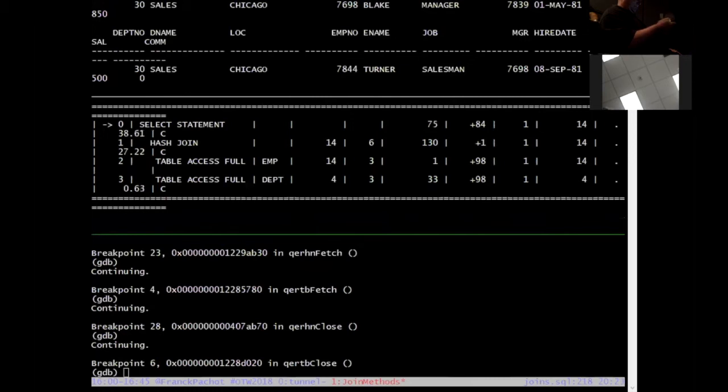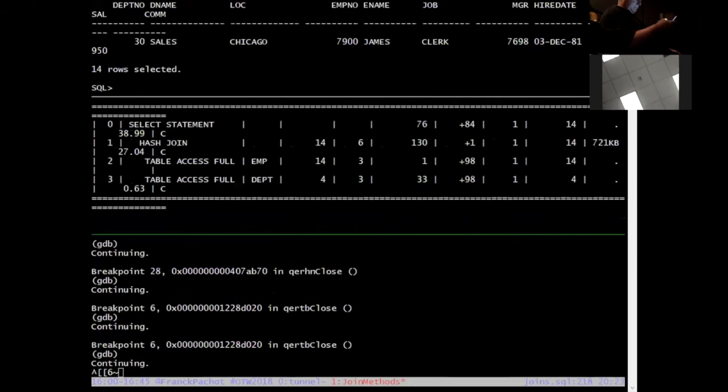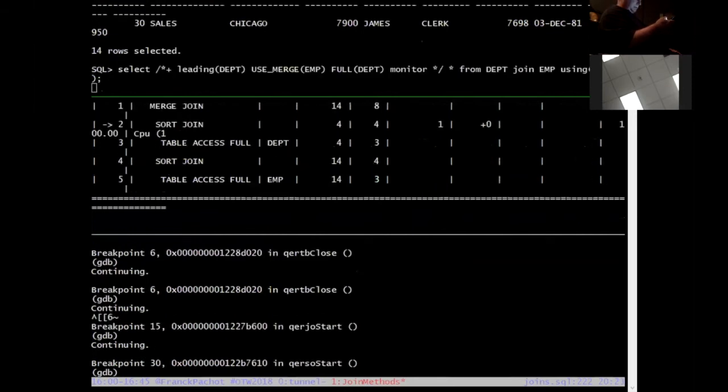when doing the join. Okay, so I will go quickly on this one because it's the same and the query is finished. 14 rows selected there. And we will have a look at the next one, which will be a merge join